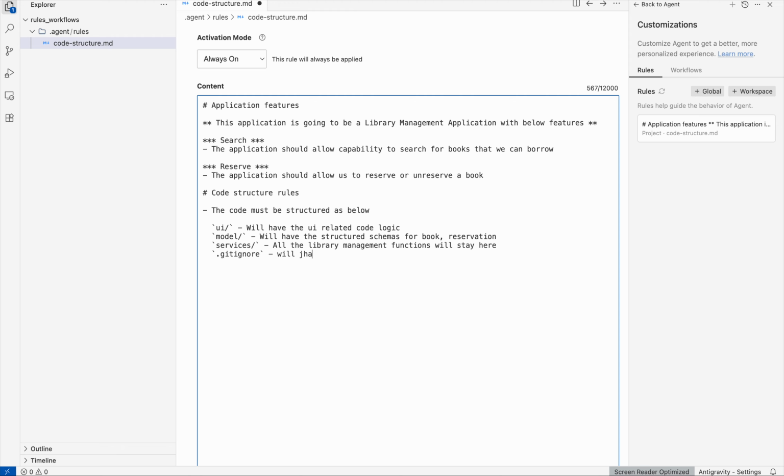We'll have the git ignore stuff here, git ignore content. Then I'll say requirements.txt should have the dependencies, right? And then lastly,